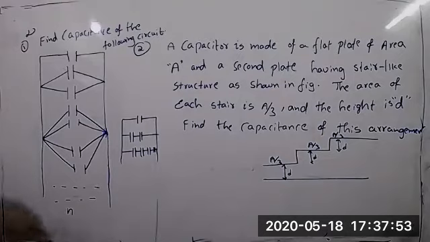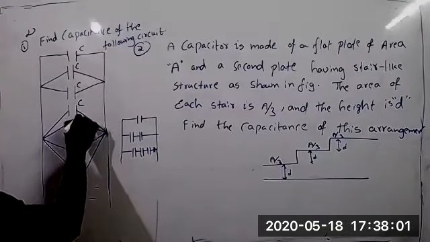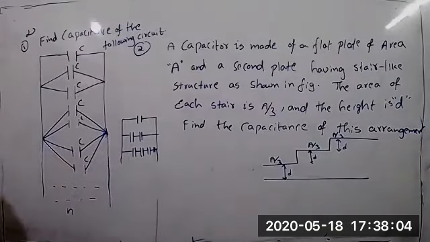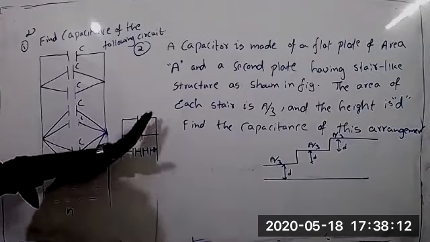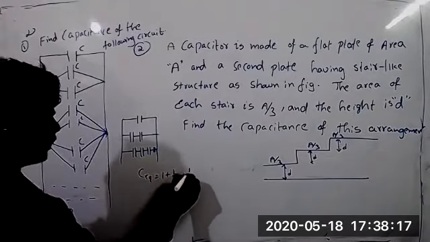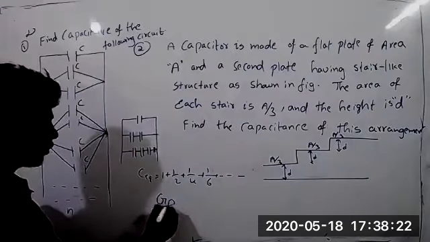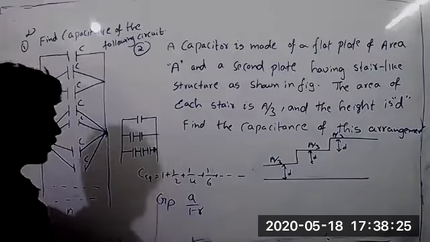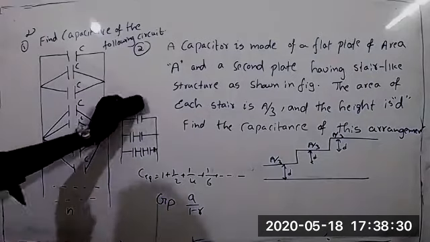So each capacitor has what capacitance? Each capacitance is C. It is the first question, and this type we already did. It will be like we know C equivalent equals 1 plus 1 by 2 plus 1 by 4 plus 1 by 8 and so on. For that GP we have used the A by 1 minus R method. Like that only we can solve this. See what formula we can use for that.